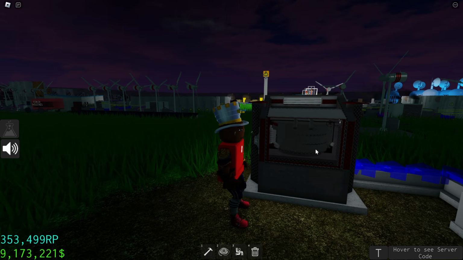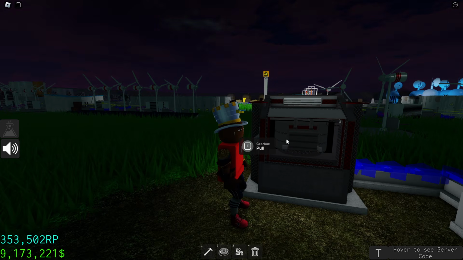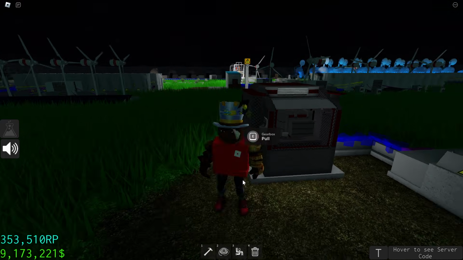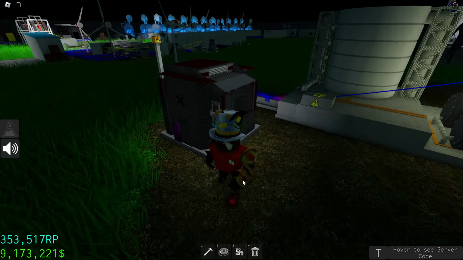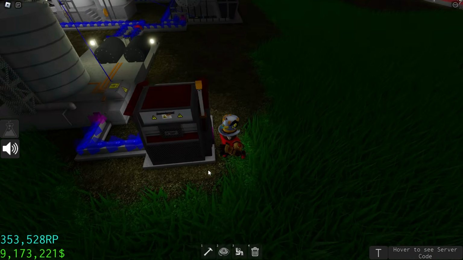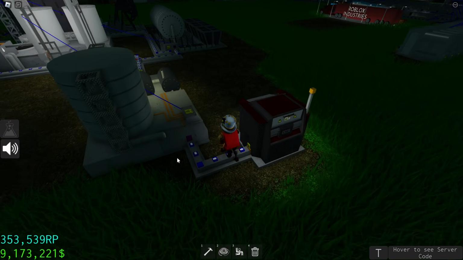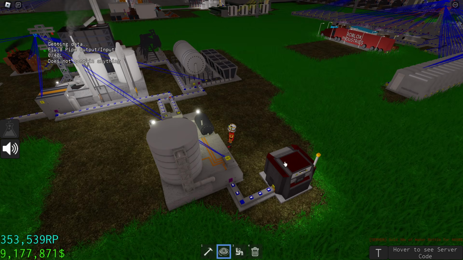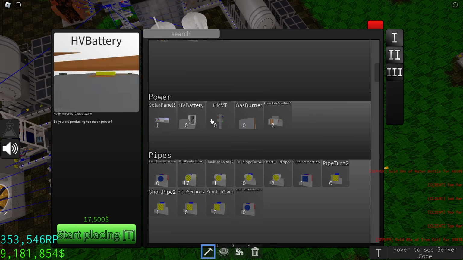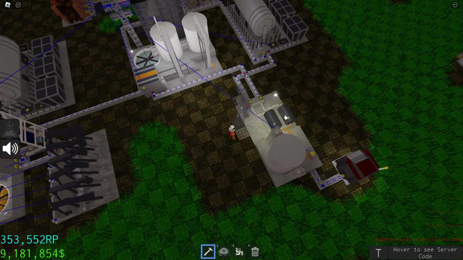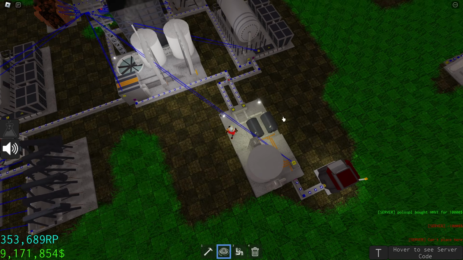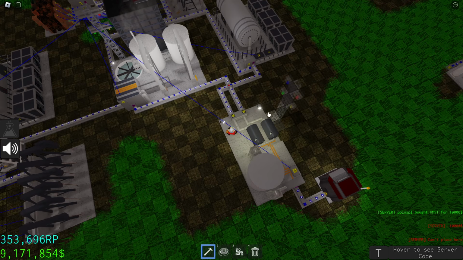I'm going to produce gearboxes because, in my opinion, they are just better. They make more money, I'm pretty sure. So, after everything is connected, you just need to connect with power. It's too far, so I'm just going to place another HM VT, just like this.